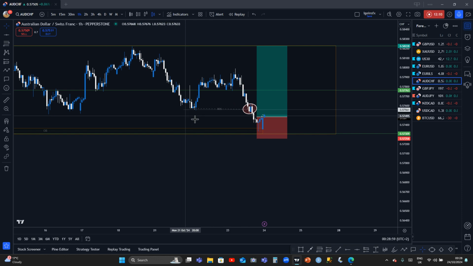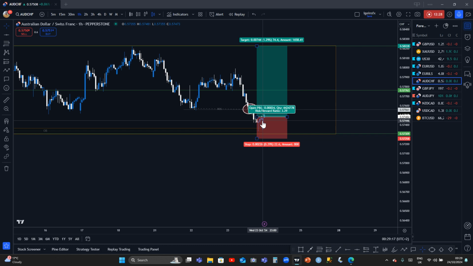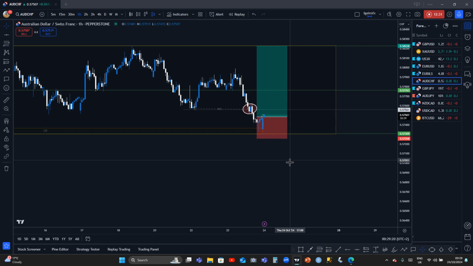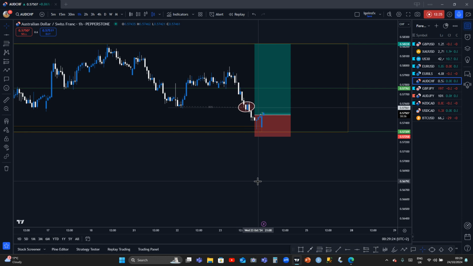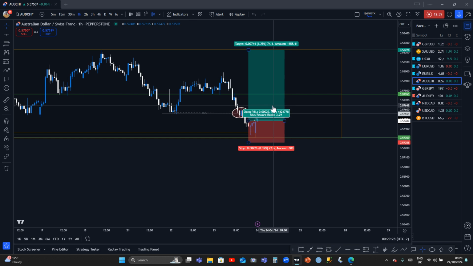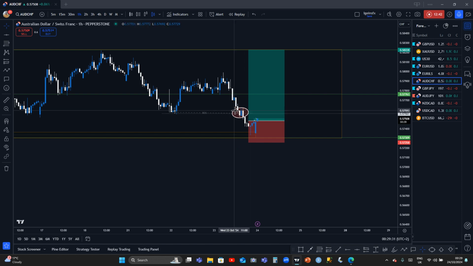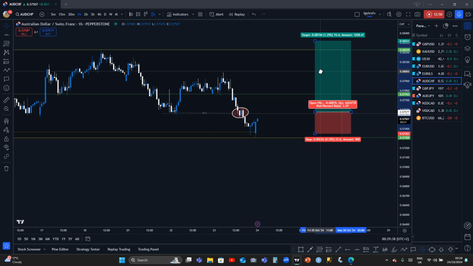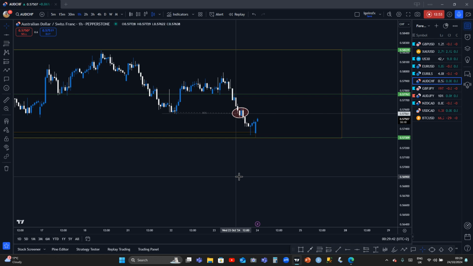Then once you see that there is a resistance or a support, maybe if it is a bearish market, once you see that there is a support or a resistance, just like what we are seeing right now, you know that the chances are that once price gets to this level, there will be a reaction. Because right now, by the time this price action gets here, what it will give you is what we call a double top. By the time price action trades to this level, it will activate this thing. Now, let me show you something. By the time price action gets to this point, what will happen? It will activate